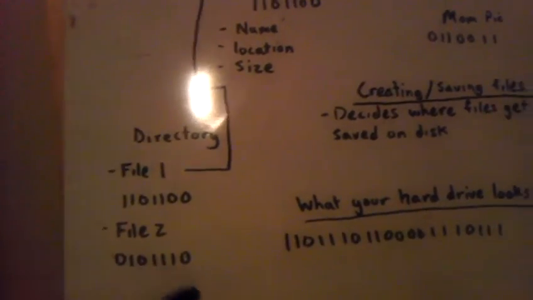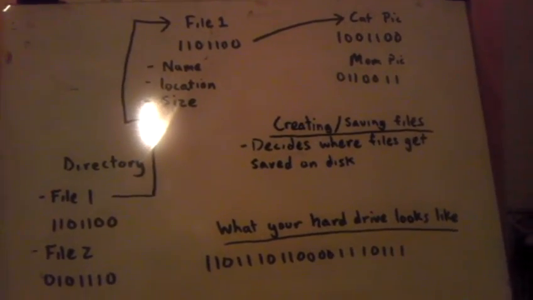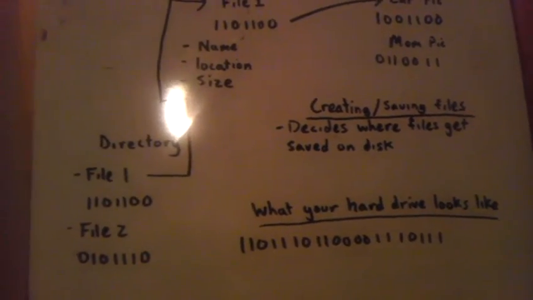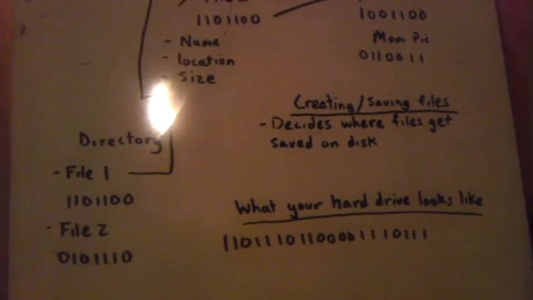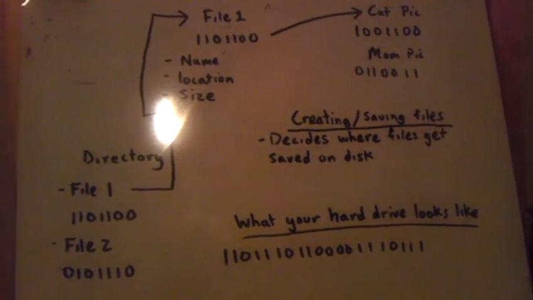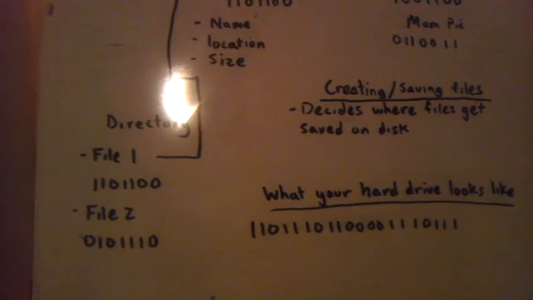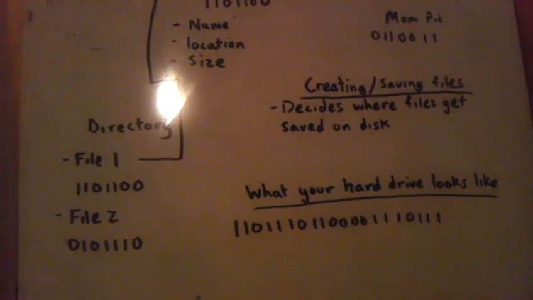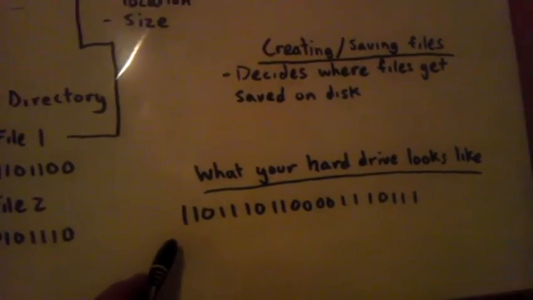See? So one last thing that a file system is also responsible for is, when you want to create a new file or save a new file, the file system is going to determine where on your disk this new file is going to go. It's very complex as to how that happens, so we want to try to keep this simple. But one last thing that I'll point out that a lot of people may not realize is that all of your files, this cat picture, for instance, you may have